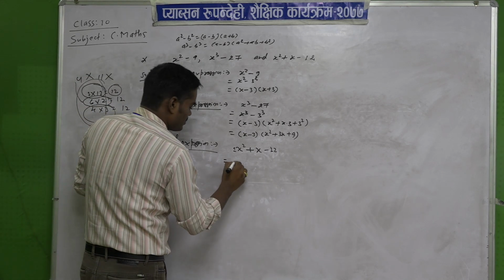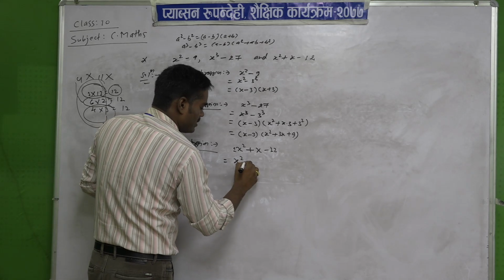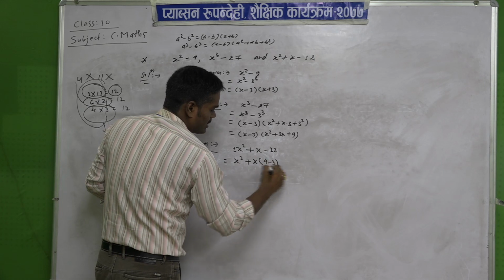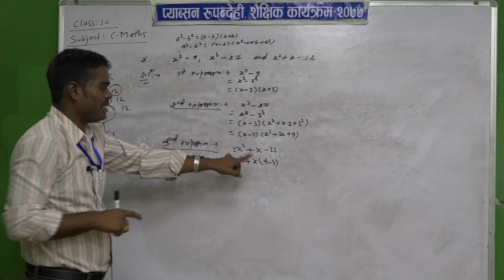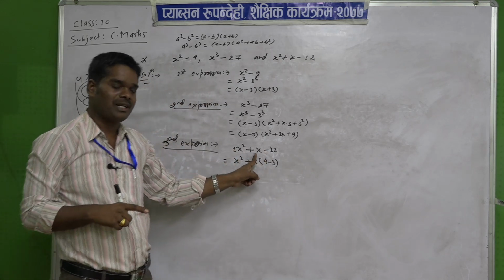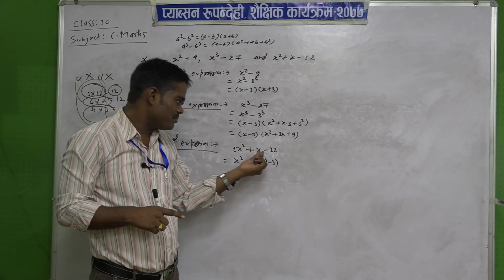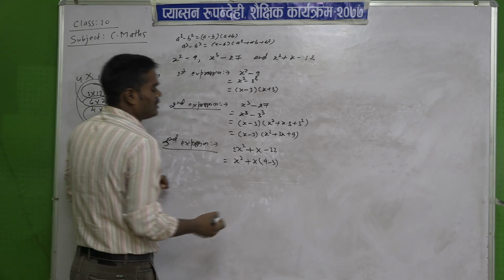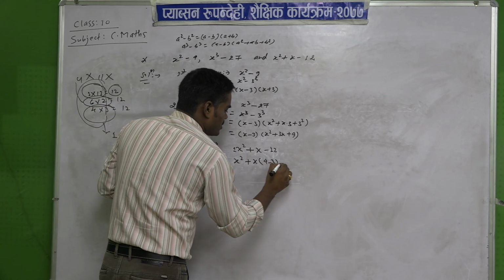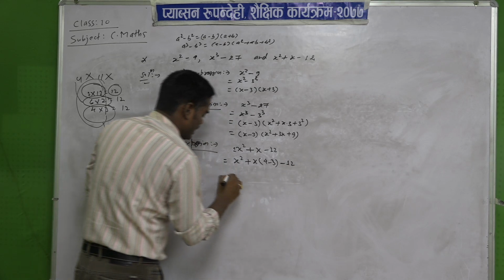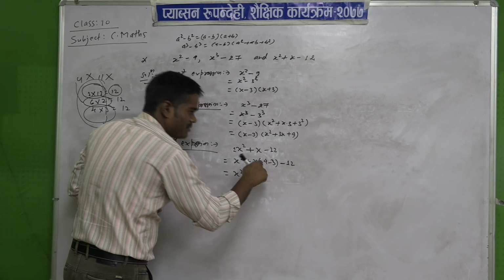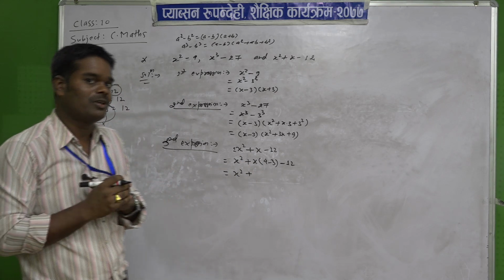So, see here, x square plus x, this 4 minus 3. If a plus sign is there, by adding we should get the coefficient of the middle term. If a minus sign is there, by subtracting we should get the coefficient of the middle term. So, minus 12, and then after x square plus into plus, very carefully, my dear students, you have to open